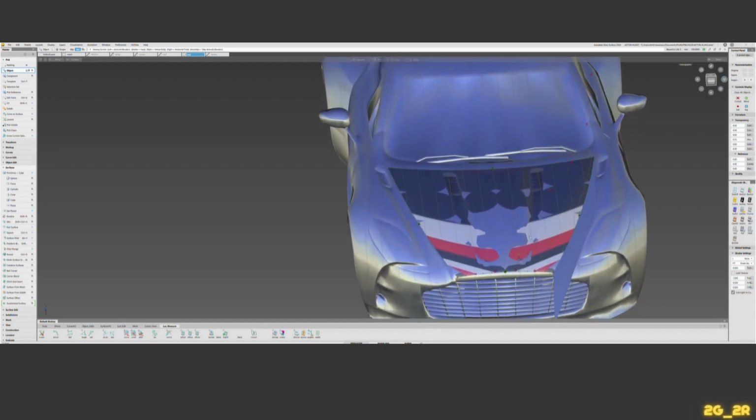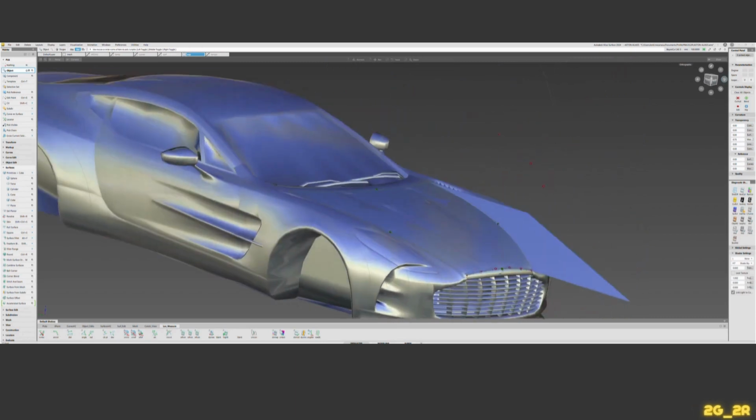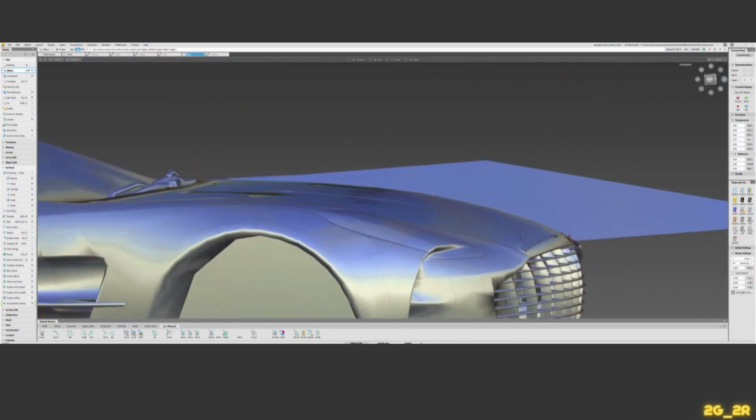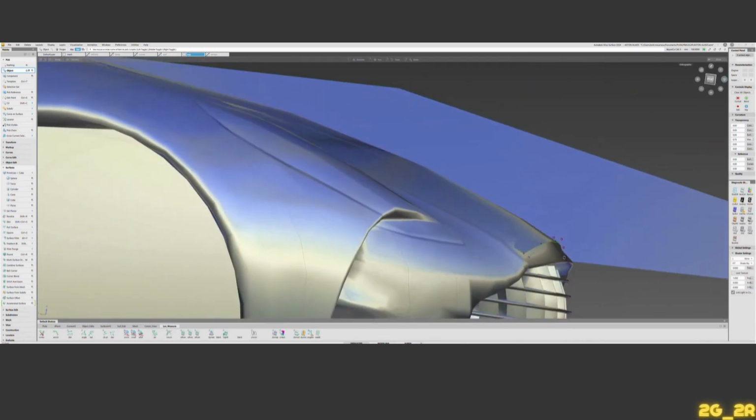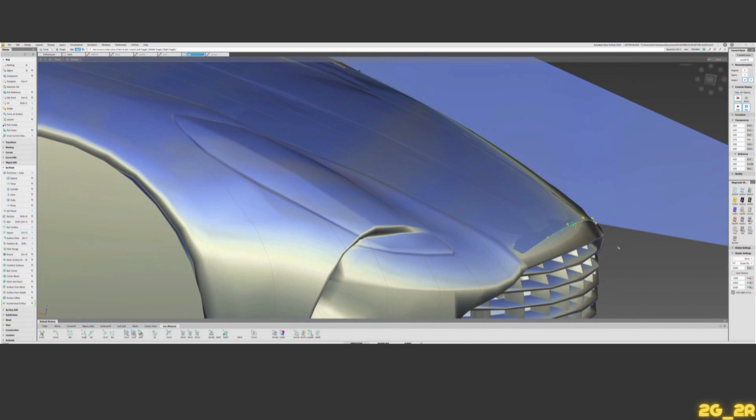Bring this back, and now we can go into detailing the surface if you want to do detailing. If not, the other thing we could do is getting this edge in. And to get that edge in, what I would do, I would take that curve, copy paste it, move it to the front,